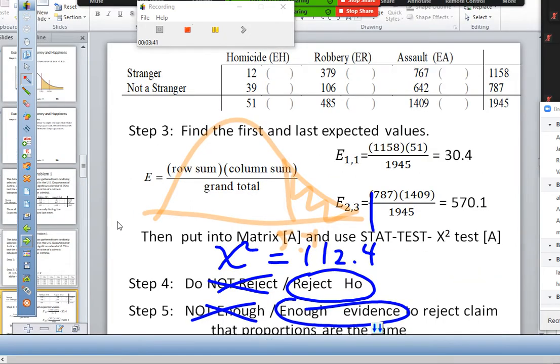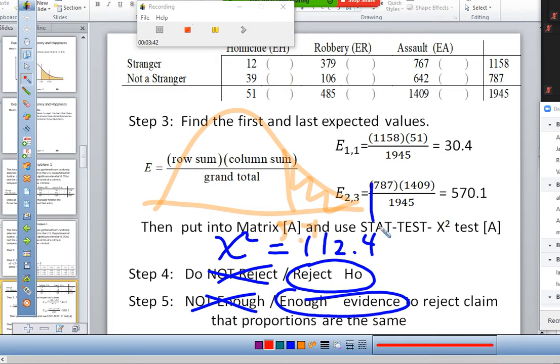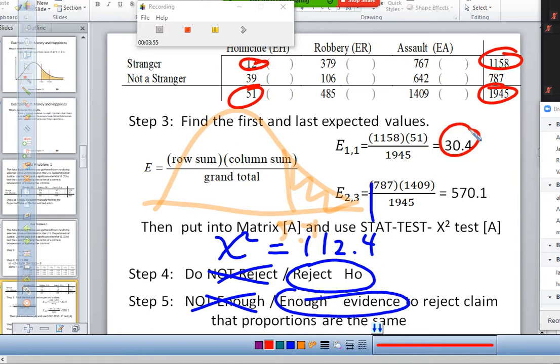And then step 3, you're going to find your first and last expected values. All right, so for this one, his row total, his column total divided by his grand total, and you'll end up with 30.04. For the other one, you've got his row total, column total divided by his grand total, and so you'll end up with 570.1. And then you're going to put everything into chi-squared, and put this into matrix A, do a chi-squared test on that one, and you'll get